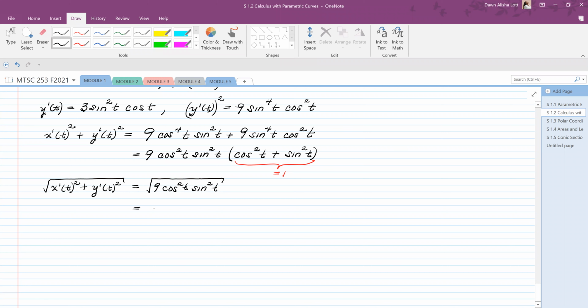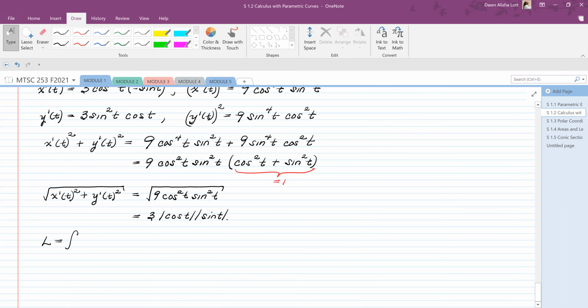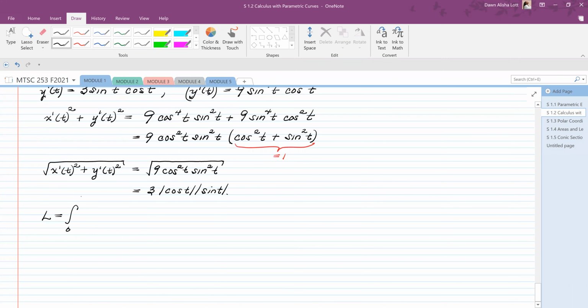So this is going to give me 3 times the absolute value of the cosine of t times the absolute value of the sine of t. So now let's put it back. So L is the integral. Now we're only going 1/4 the way around, so we're going to pi over 2. So that's 0 to pi over 2. And then we get 3 times the absolute value of the cosine of t and the absolute value of sine of t